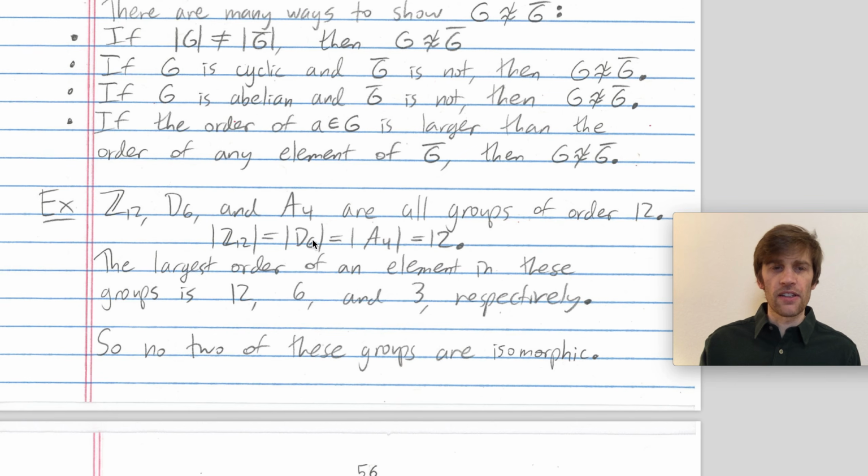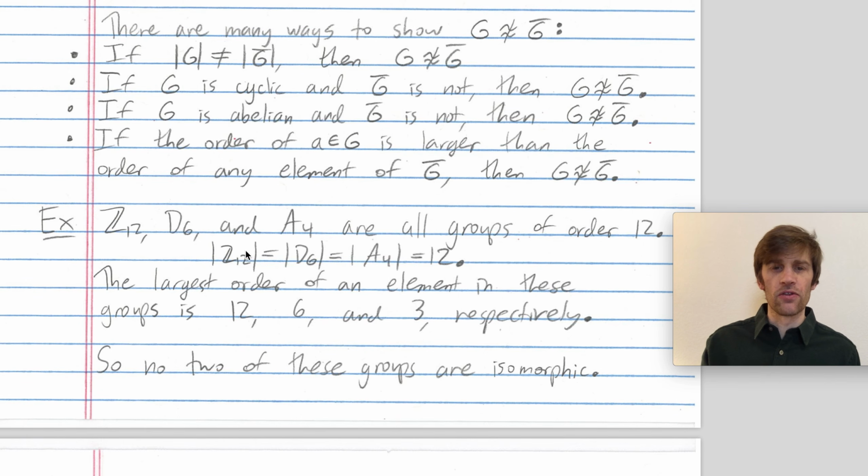So let's discuss how might we show that these groups are not isomorphic. These groups being Z12, the integers mod 12, and D6, the symmetries of a regular hexagon. You should ignore the colorings. A4 is also a group. It's the alternating group of